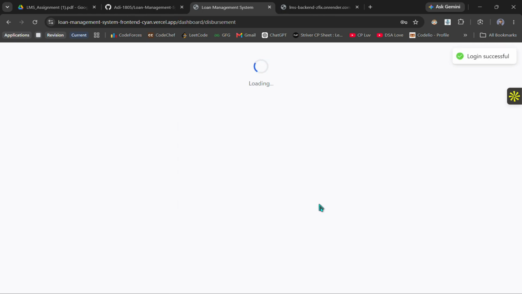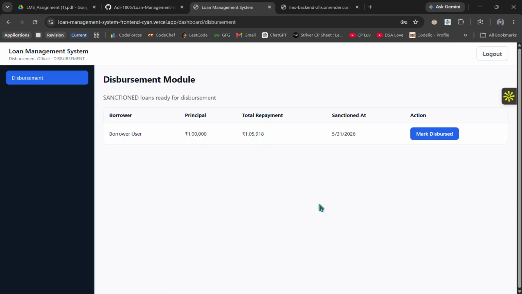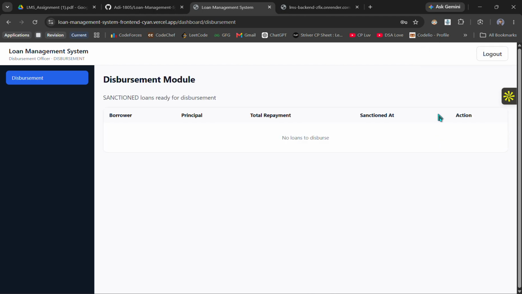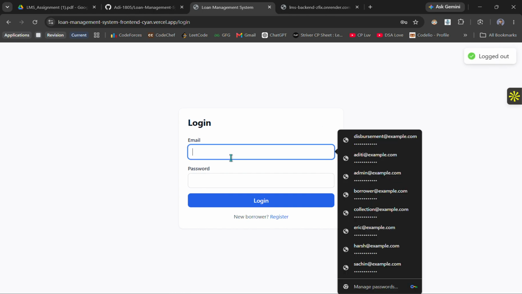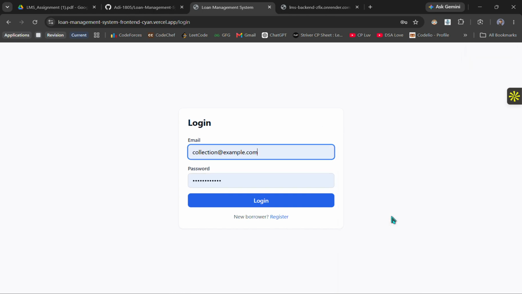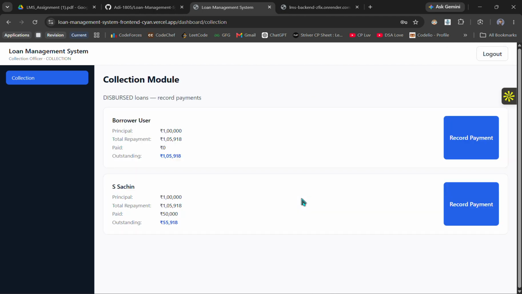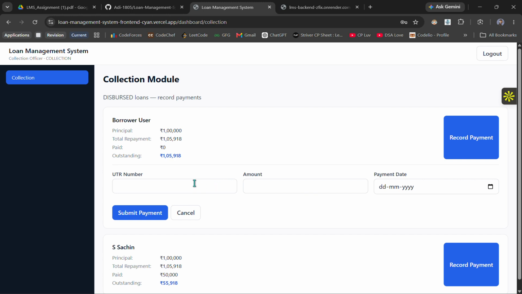The disbursement dashboard shows only approved loans ready for funds release. I click disburse. The status is now marked disbursed, and finally, the collection officer can now access the collection view. The collection view shows all the active loans. I'll record a repayment for this loan